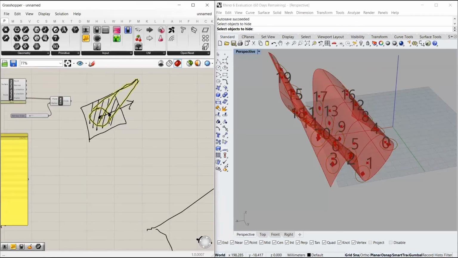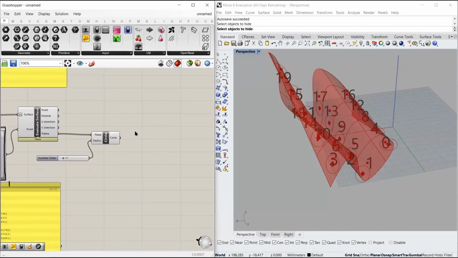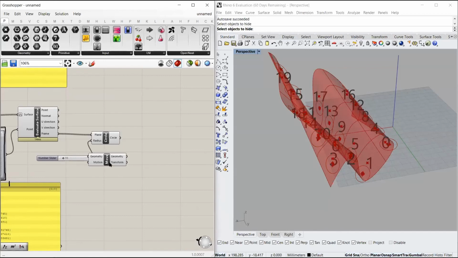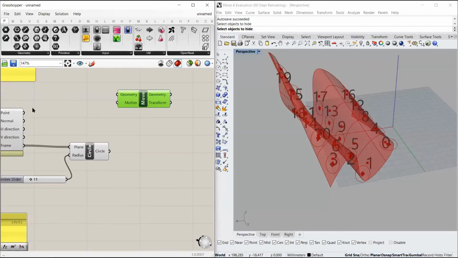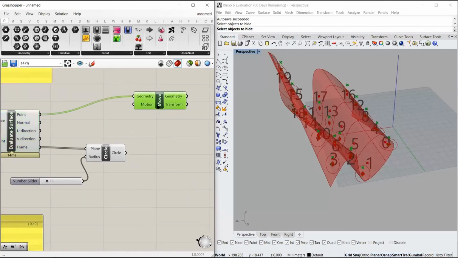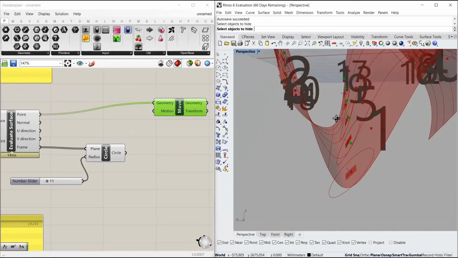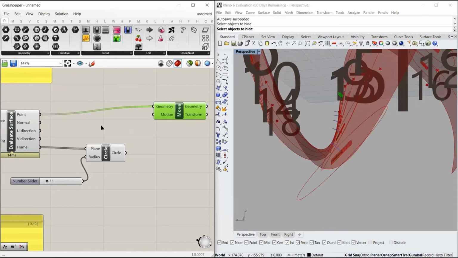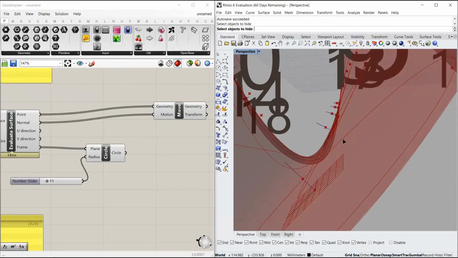In our fourth step, to move that point, we use the Move component, which is used to move any geometry. So if these are my points and I want to move them, it asks for a motion. By default, the motion is set to Z, so it is moved perpendicularly in the Z direction, but you want it to move in the normal direction of those points. So we can directly use this normal input to move it in the normal direction.